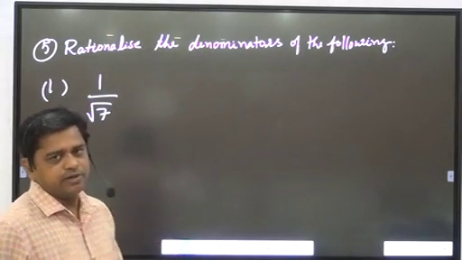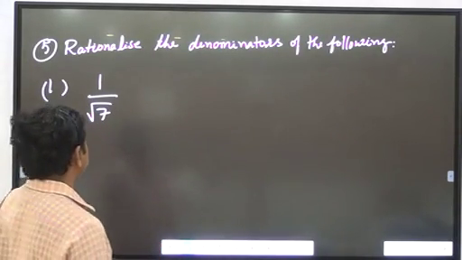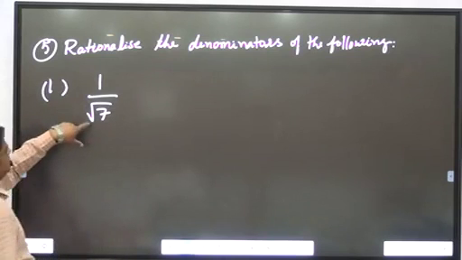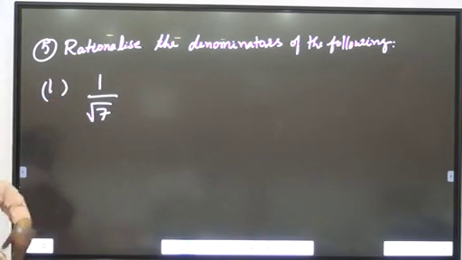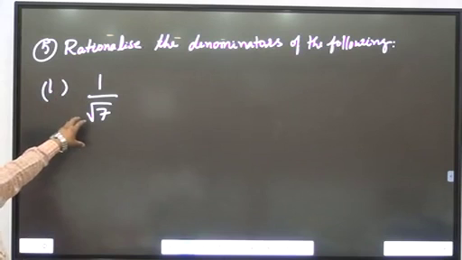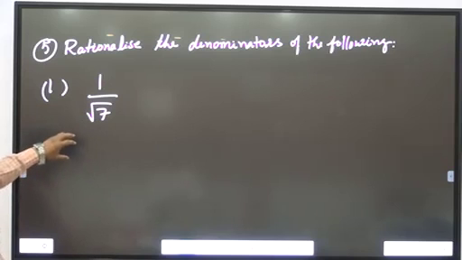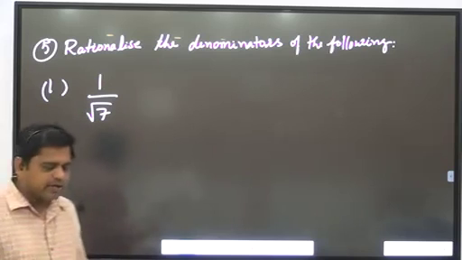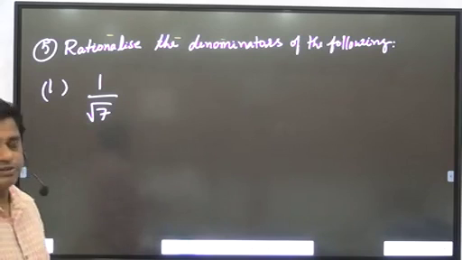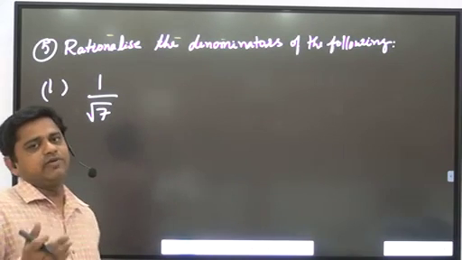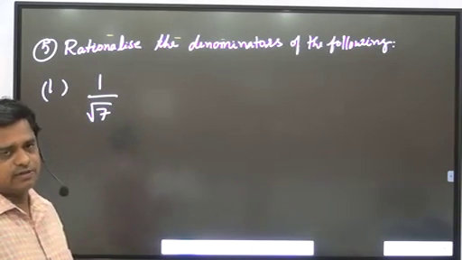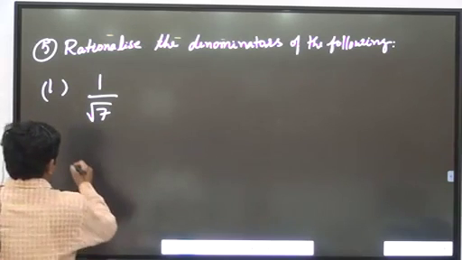Rationalize the denominator. Rationalize the denominator means: 1 upon root 7 is a number in which the denominator is under root 7, which is irrational. So how will we rationalize under root 7? Clearly we can see its denominator is under root 7. Under root 7 is converted to 7 when multiplied by under root 7. So multiply and divide